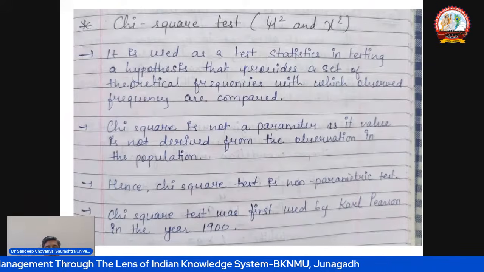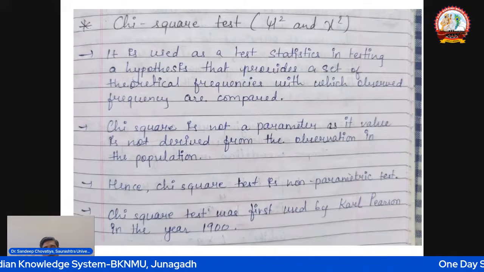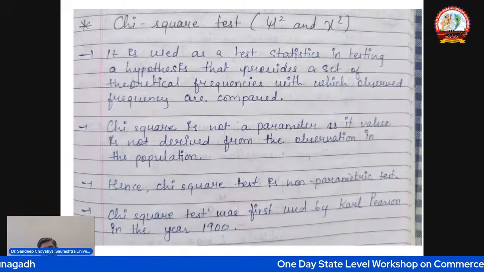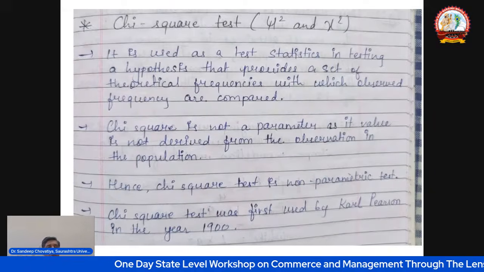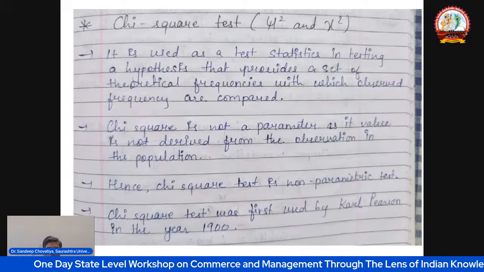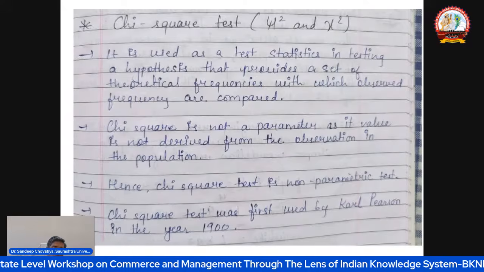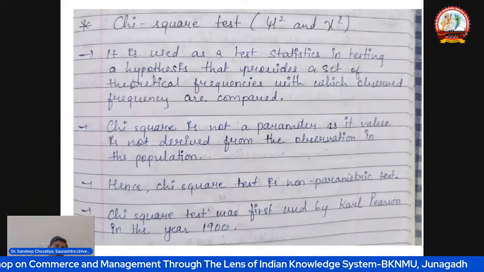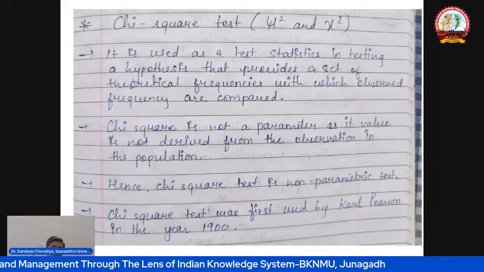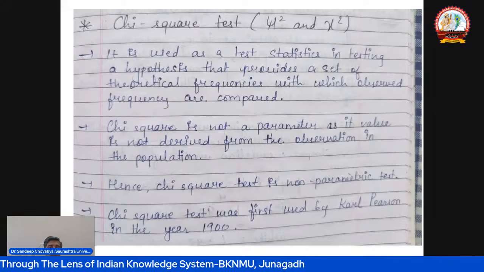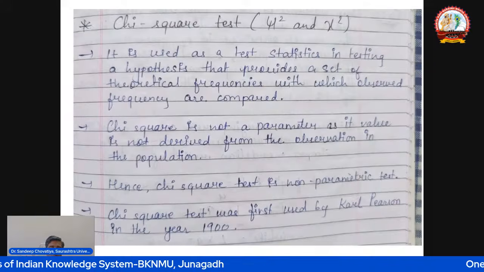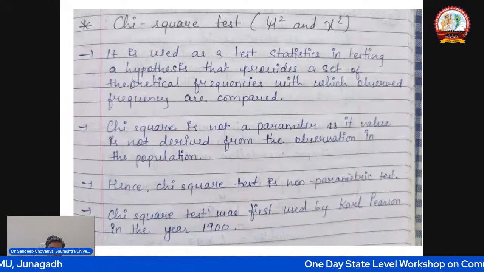chi-square test was first used by the Carl Parsons in the year 19. તો કે આવું પણ ક્યારેક પૂછાય કોમ્પિટિટિવ એક્ઝામમાં ભાઈ પેરામેટ્રિક ટેસ્ટ કઈ છે નોન પેરામેટ્રિક કઈ છે કોને યુઝ કરી હતી સૌપ્રથમ કોને યુઝ કરી હતી ભાઈ યાદ રાખવાનું છે કોને કરી હતી ભાઈ તો કે ધ કાર્લ પર્સન ઓકે in the year 19 he is the first pioneer okay to find out the